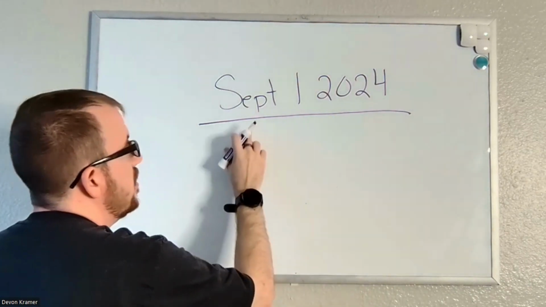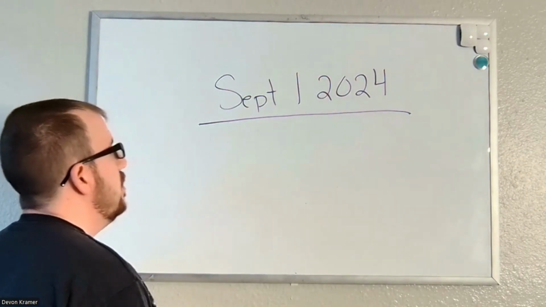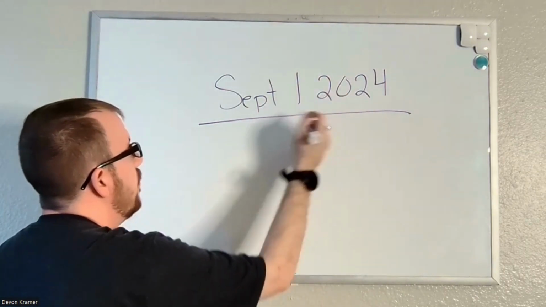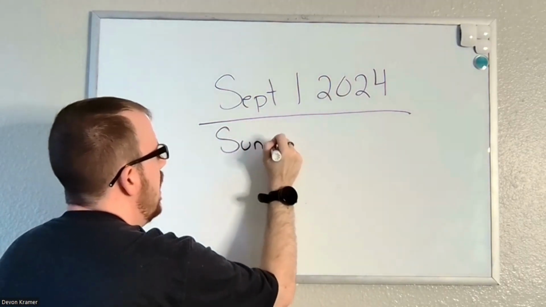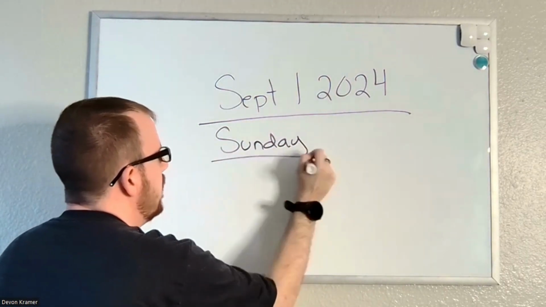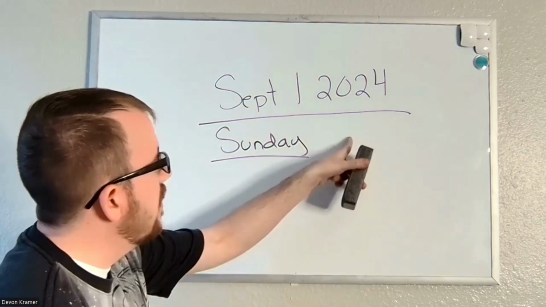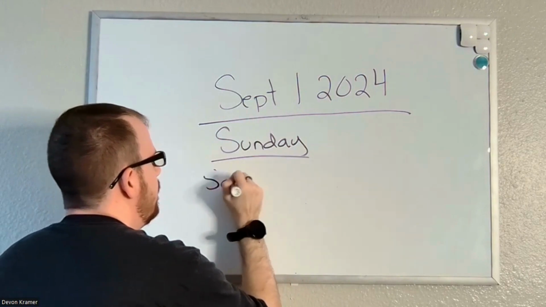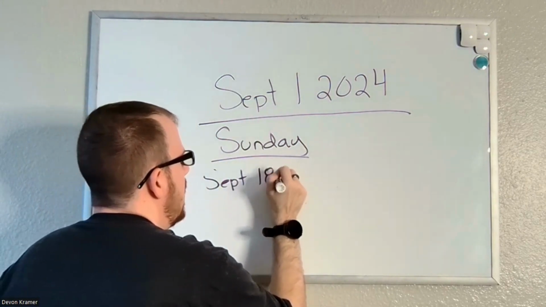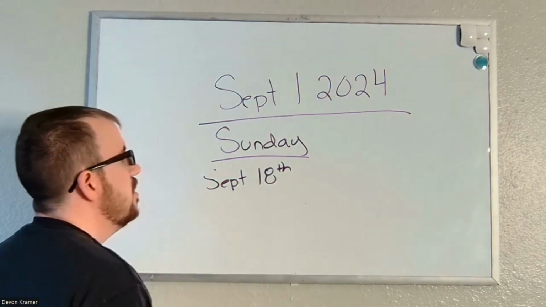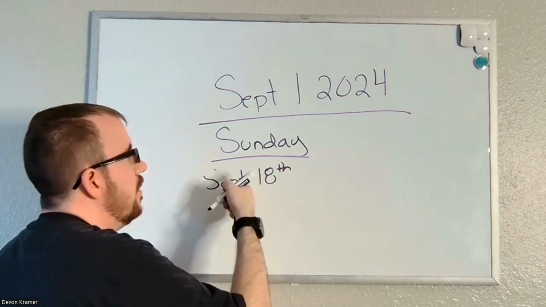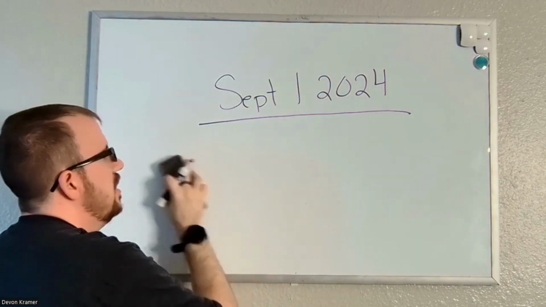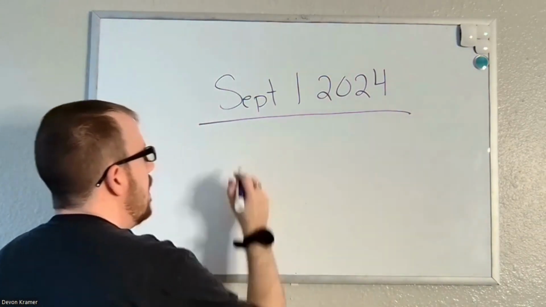But here's the big reveal. September 1st, 2024 is going to be a major astronomical year, because September 1st is going to start on a Sunday. And if you remember, I told you everything started on a Sunday, but you also have to align the lunar. And what's so fascinating is September 18th is going to end up being a lunar eclipse. This lunar eclipse falls into the month that starts on a Sunday, which creates what is called an astronomical septennial year. This happens every